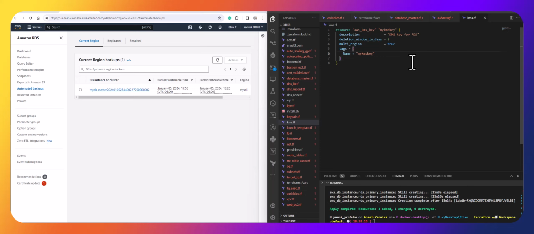So right now, everything looks fine, but we're still missing two things. The first thing is that we don't have a replica. And the second thing is that we don't have a backup in another region, right? Let's go ahead and create the replica. And to create the replica, I'm just going to create a new file